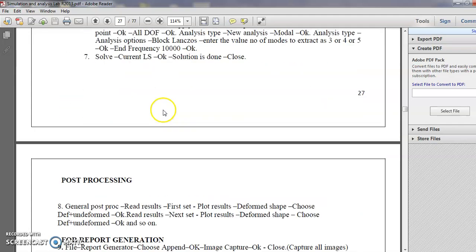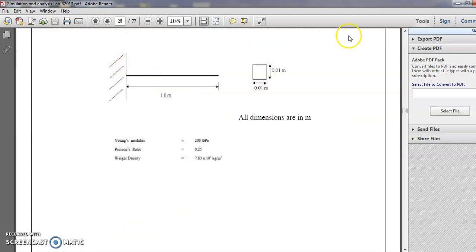Again, I have taken the cantilever beam. This is the cantilever beam which is taken for analysis. In modal analysis, we have to consider three properties: Young's modulus, Poisson ratio, and density. Because density, which relates to weight, plays the vital role in finding the frequency. So we take the mass into account through density, and we will not apply any load, because in a modal analysis we should not apply any load. We should find the natural frequency of the system. A natural frequency means we should not apply the load on the particular beam.